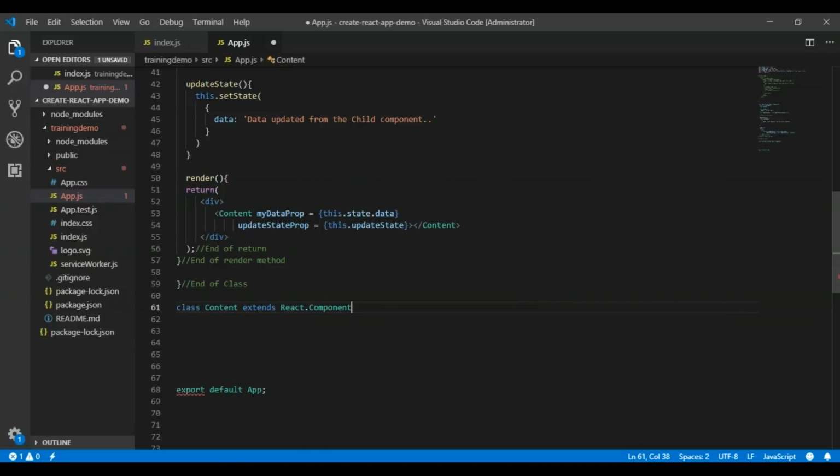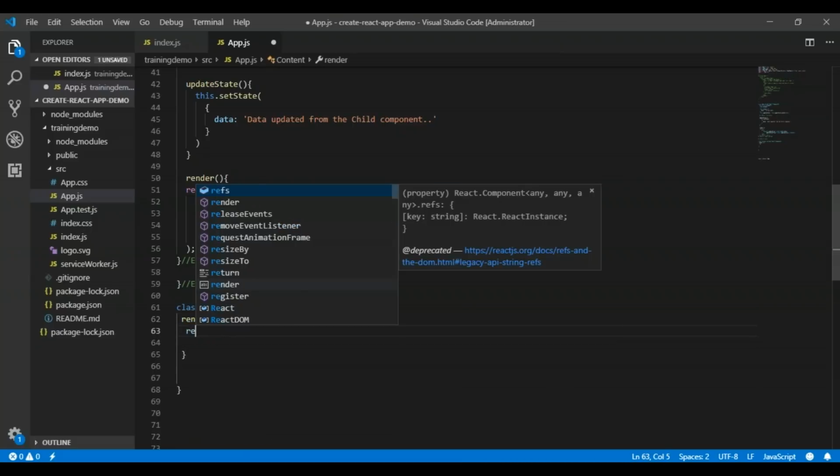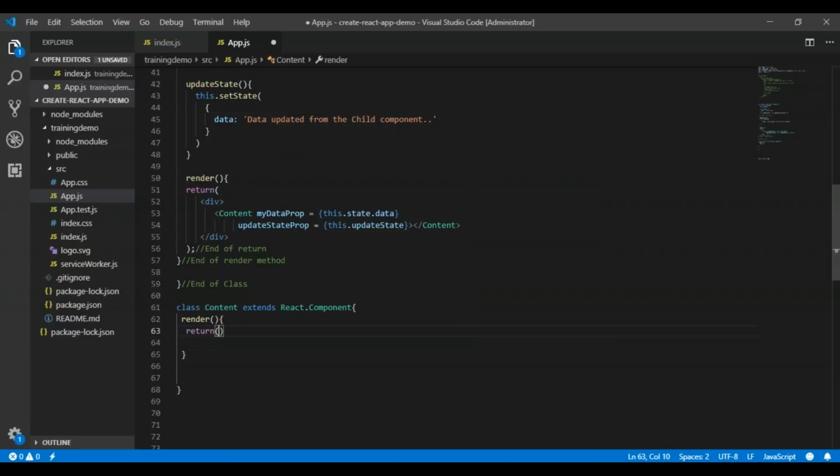So I'm saying class Content extends React.Component, and what I'm going to define here is a render method, and in this render method I will have a return statement. That's it.